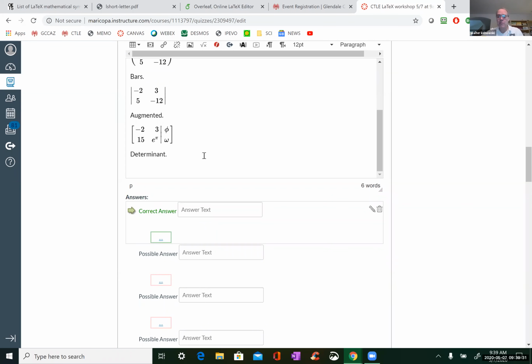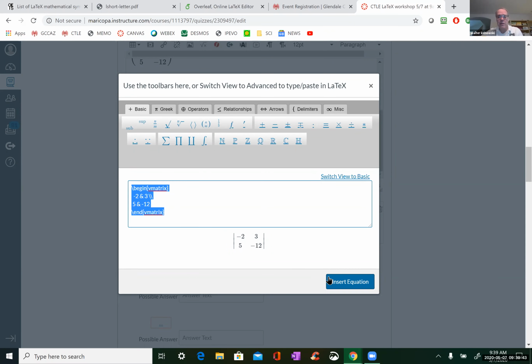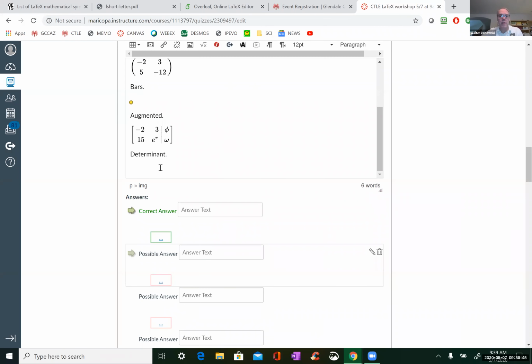Okay. And of course, if you want determinant, the bars also mean determinant, right? That's typically what the bars mean.